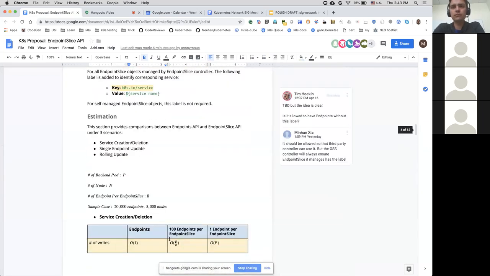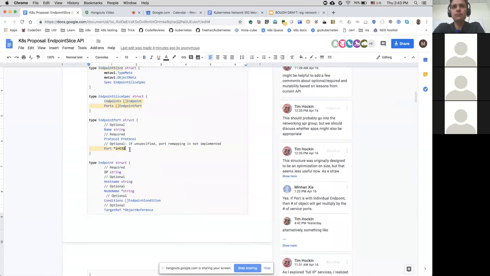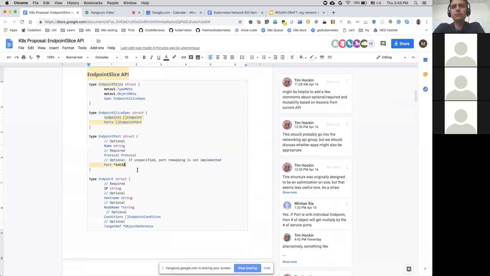One is that the port is no longer a required field, because if we require the port field, that means we have to basically honor the port remapping for the service, right? So what if one day we have service v2 that doesn't support, or optionally supports, port remapping, right? So that's one minor change.